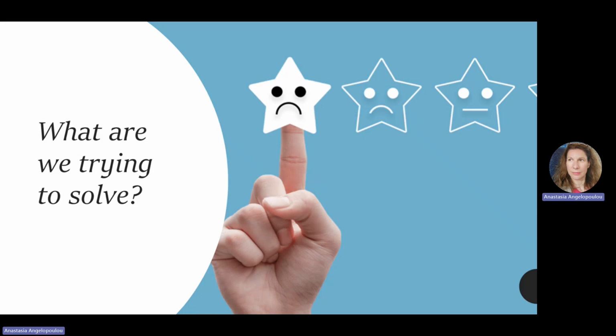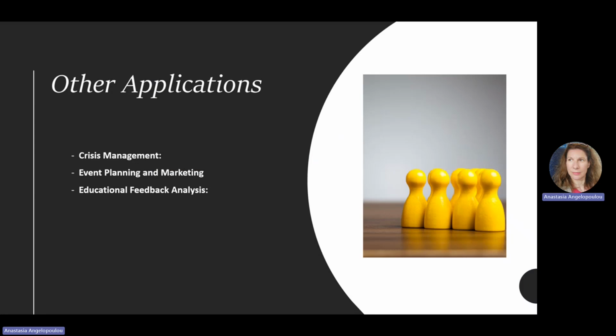So what we are trying to build is a system that can identify emotions and predict their intensities at the same time. And this has a lot of applications, like the one I just said. Other applications can include crisis management, where we can detect extreme fear and respond to relevant authorities accordingly. Event planning and marketing, where we can identify what people are talking about on social media regarding an event, and then the marketeers can use those to improve or customize their marketing strategies or even improve customer